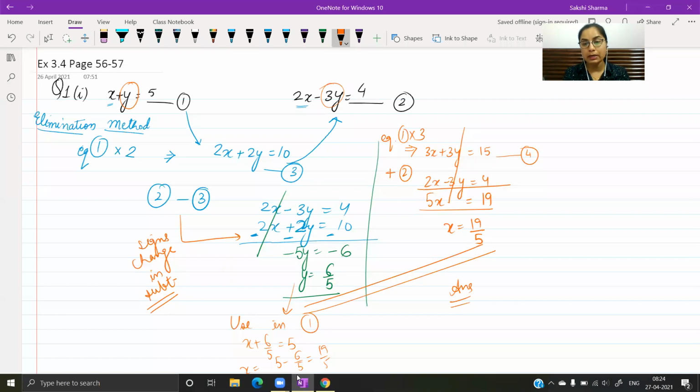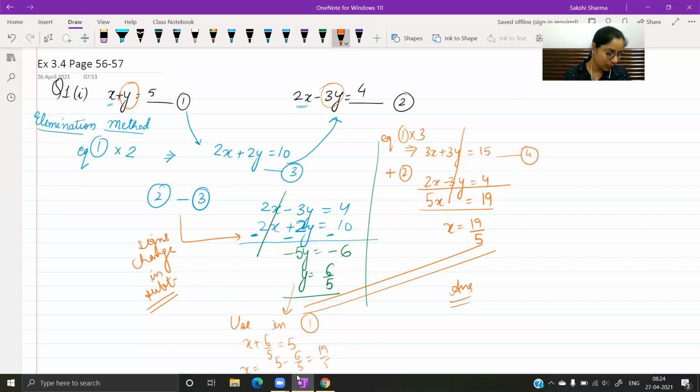Once you have eliminated the term you wanted to, you will be left with an equation containing the other variable. From there, find out the value of that variable. Using its value, you can find the answer for the other variable. Don't forget to write down your answer at the end as a pair, x equals, y equals, whatever the variables are. Other than that, this question contains 4 parts and you have to solve all of them with both methods. So it will be a little lengthy, but be patient.